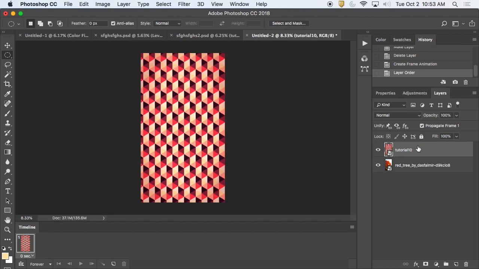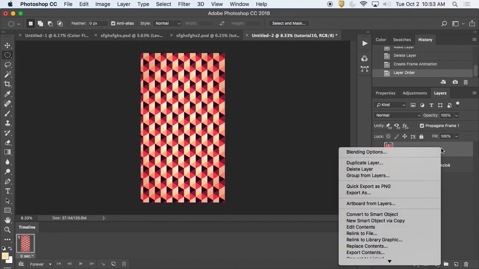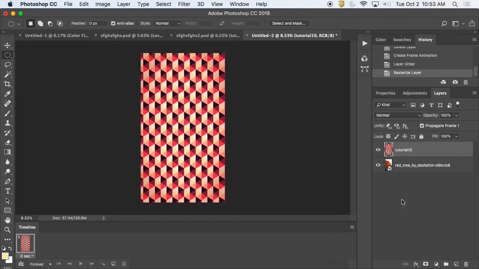Okay, so let's do some stuff. Well, first off, what I want to do is put a mask on this pattern. You notice I moved that up to the top. The first thing I'm going to do is right-click on this layer and rasterize it. Remember, that takes it away from being a smart layer. Now, I need to make a selection. You saw what I was doing. I'm going to cut through this layer in a couple of different ways so that it plays like an animation over the top of it. Okay, so let me make a selection.